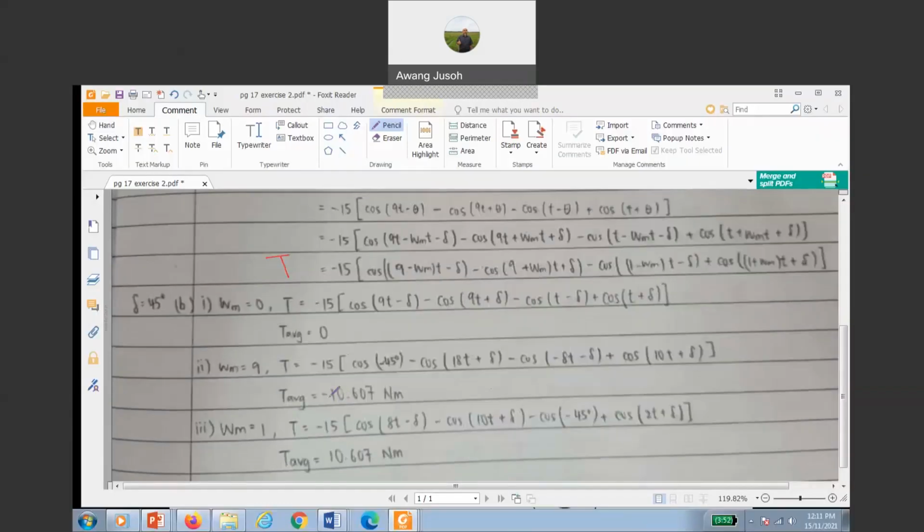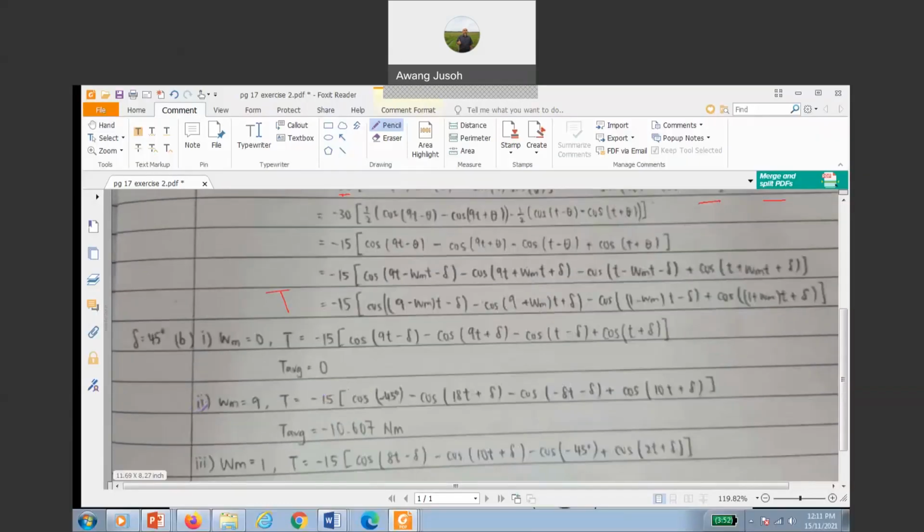First we go to omega m equal to 0, which is at starting. At starting, based on the theory that we studied before, we don't have any torque here. But we can try and see. We just substitute omega m equal to 0 here and so on. You get these terms: first term, second term, third term. You can see this one is cos 90, cos 90, cos 90, cos t, and cos t. That means all the terms here will produce 0 average torque, no torque at all. That's why it is correct, 0. Okay, fine.